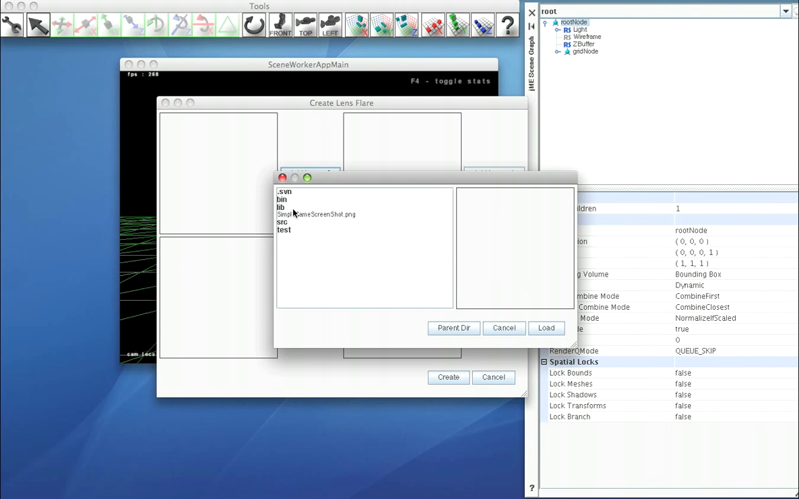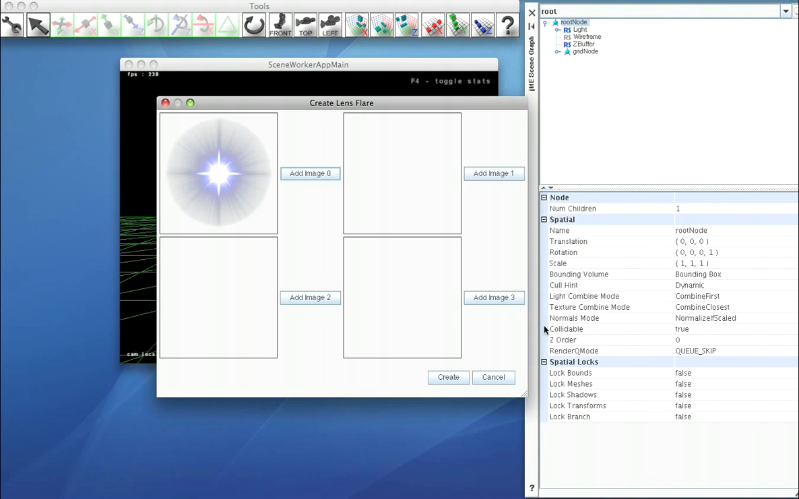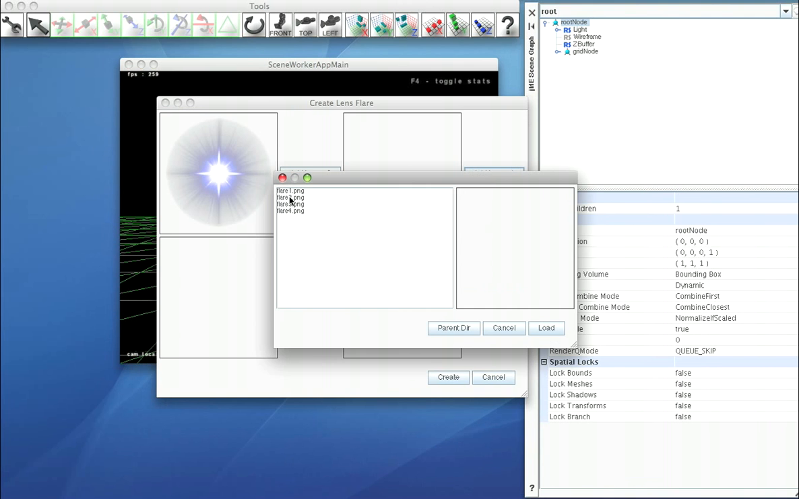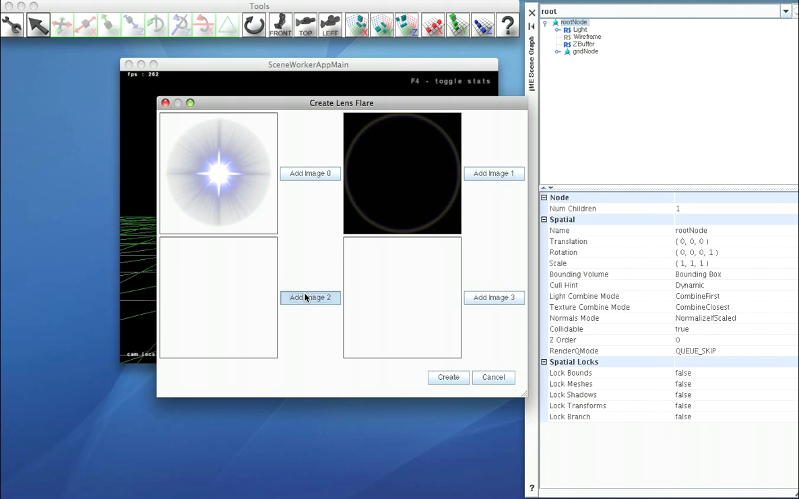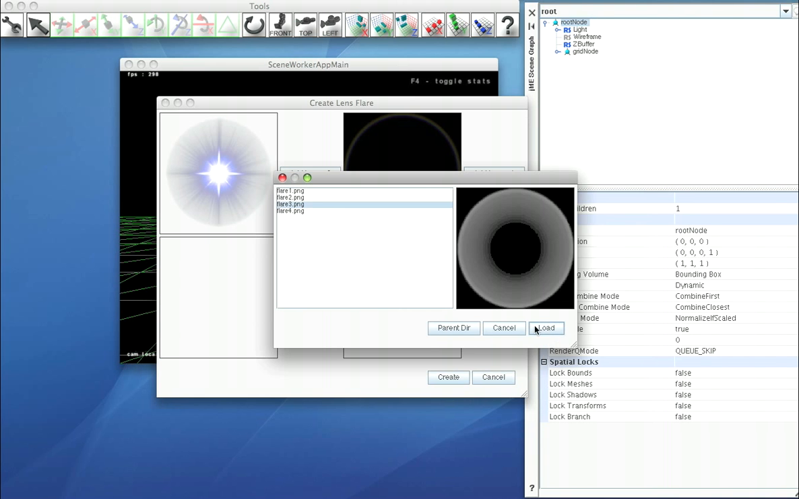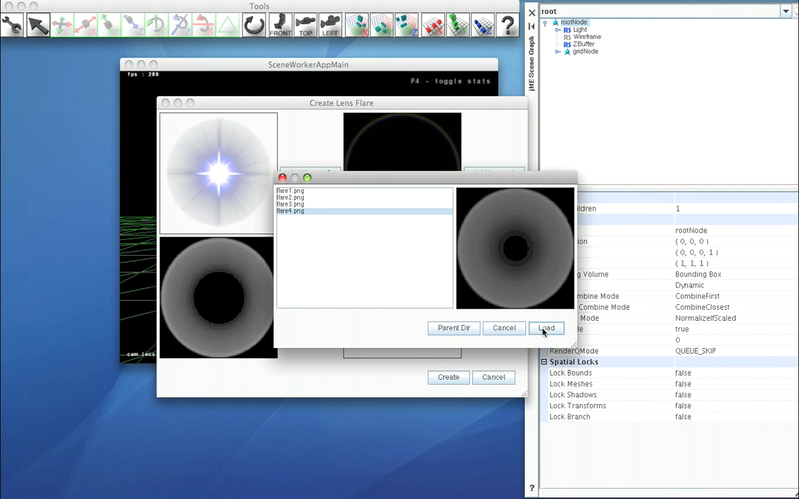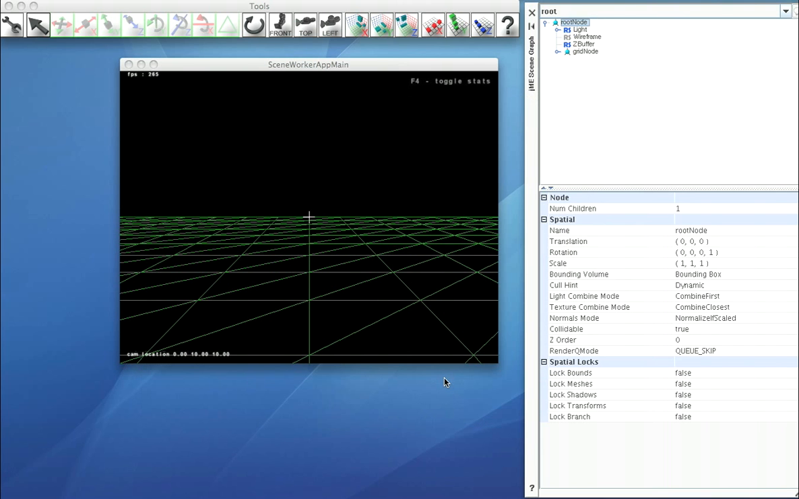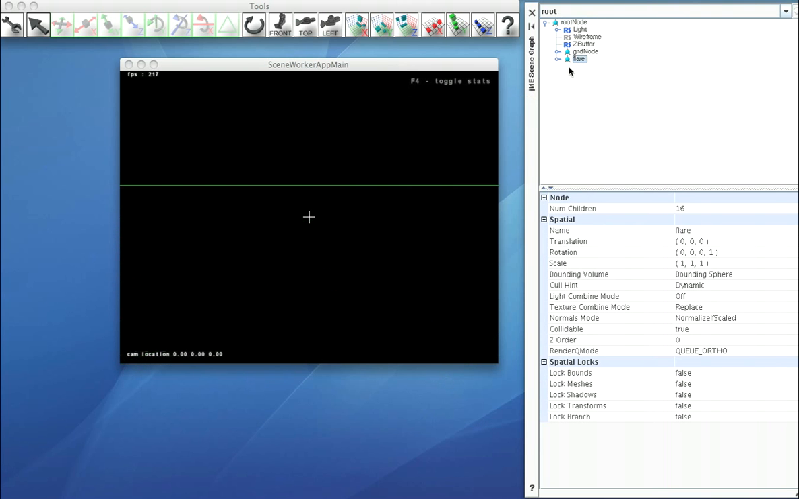So we'll add image 0 in test, and we have a directory called lens here. So this is the flare 1, load that, flare 2, load that, image 2, 3, load, and finally 4. So we've created our LensFlare, and we can see this if we move around